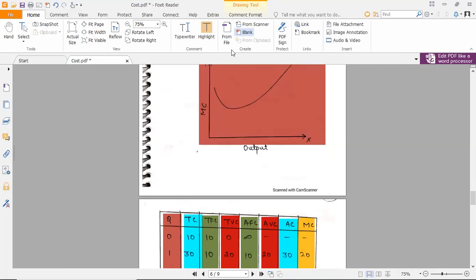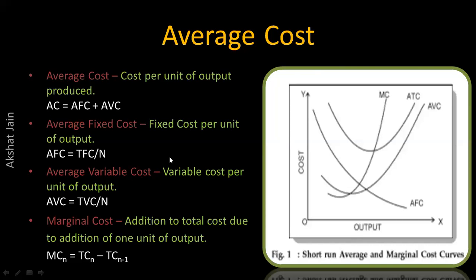So let's move further. Let's see all the curves on the same plane. We can see here, this is average total cost, this is average variable cost, and then average fixed cost along with the marginal cost. All the curves are made on the same plane. This is very important. And a summary of average cost, average fixed cost, average variable cost, and marginal cost is given on the left-hand side. Please go through it. The formulas are given in white, they are important, and then the definitions are given in green.